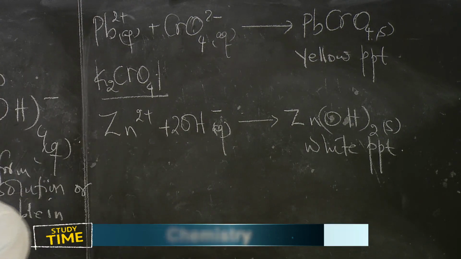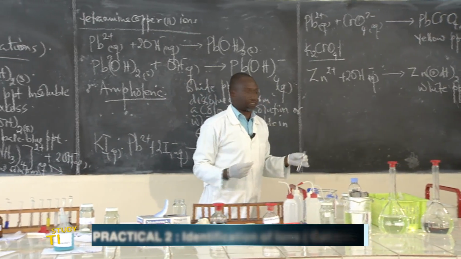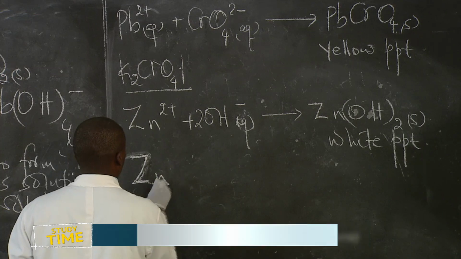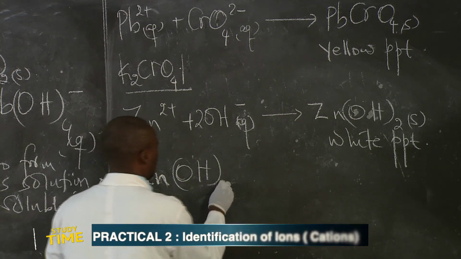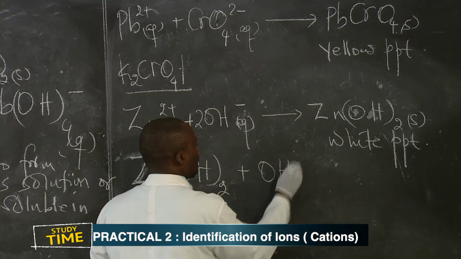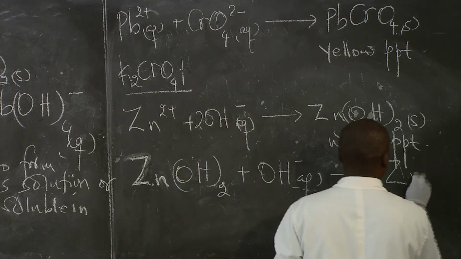You remember we formed the white precipitate first, and then we added the excess. When you add the excess, the zinc hydroxide combined with the excess hydroxide ions and then forms